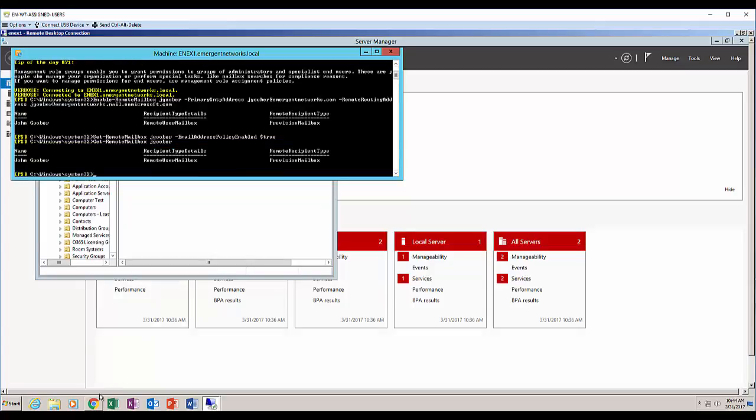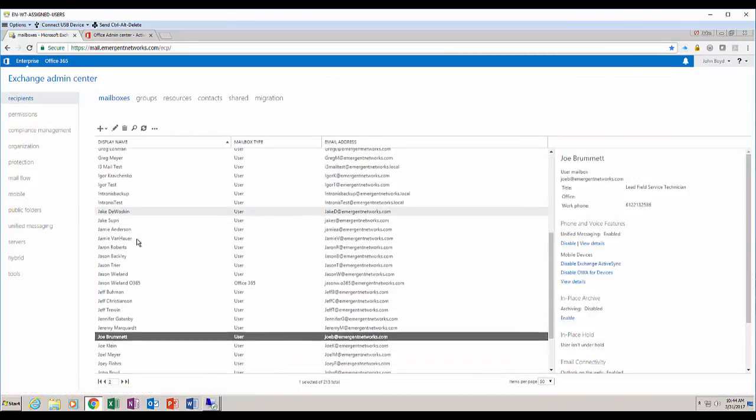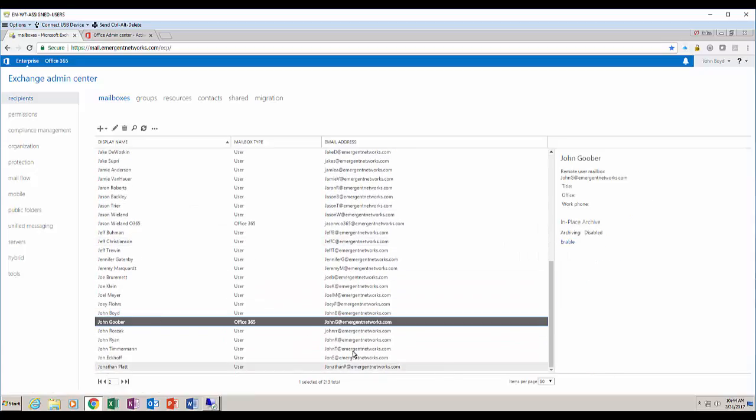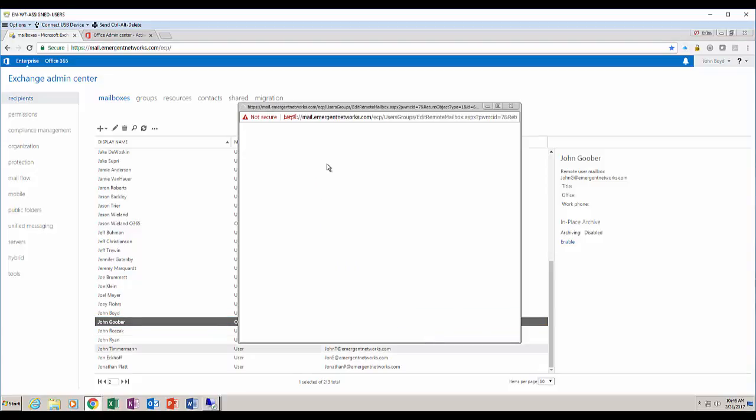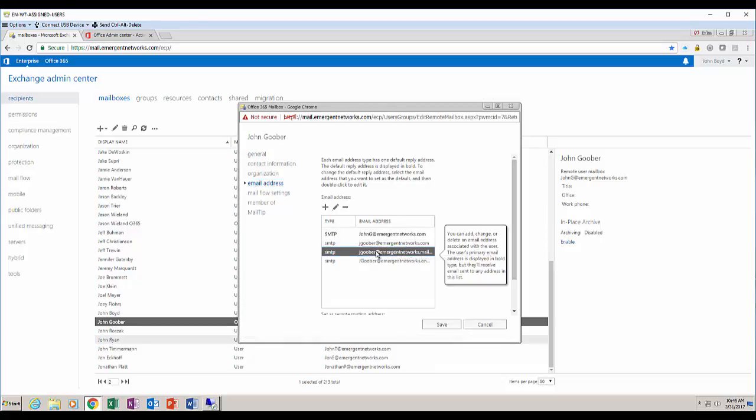Okay. And now when we go into our Exchange admin center here, we'll look for John Goober, and you'll notice here this is showing up as an Office 365 mailbox. It's a remote mailbox, but it's showing up here as Office 365. Okay, so we can go in here and we can see that he's got an email address here, and then he's got these aliases here of